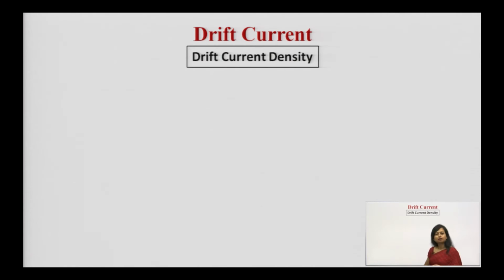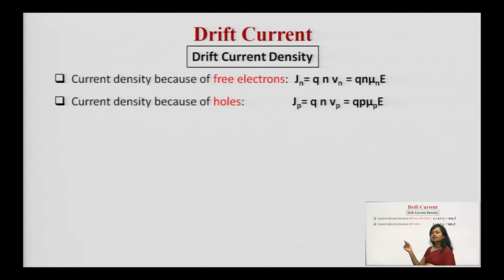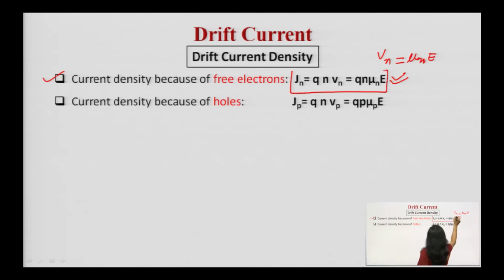Now, in its continuation, you have to extend this particular equation for the electrons and for the holes as well. As in the previous section I told you what J is. J is nothing but Q N into V. But now when we are talking about the current density because of free electrons, you have to be concerned about the electron concentration. So what is Jn? Jn denotes the drift current density because of electrons. This is equal to Q into N into Vn. At the same time, you know that Vn is the drift velocity, which is equal to mu n into E. So you can write this particular equation in this manner.